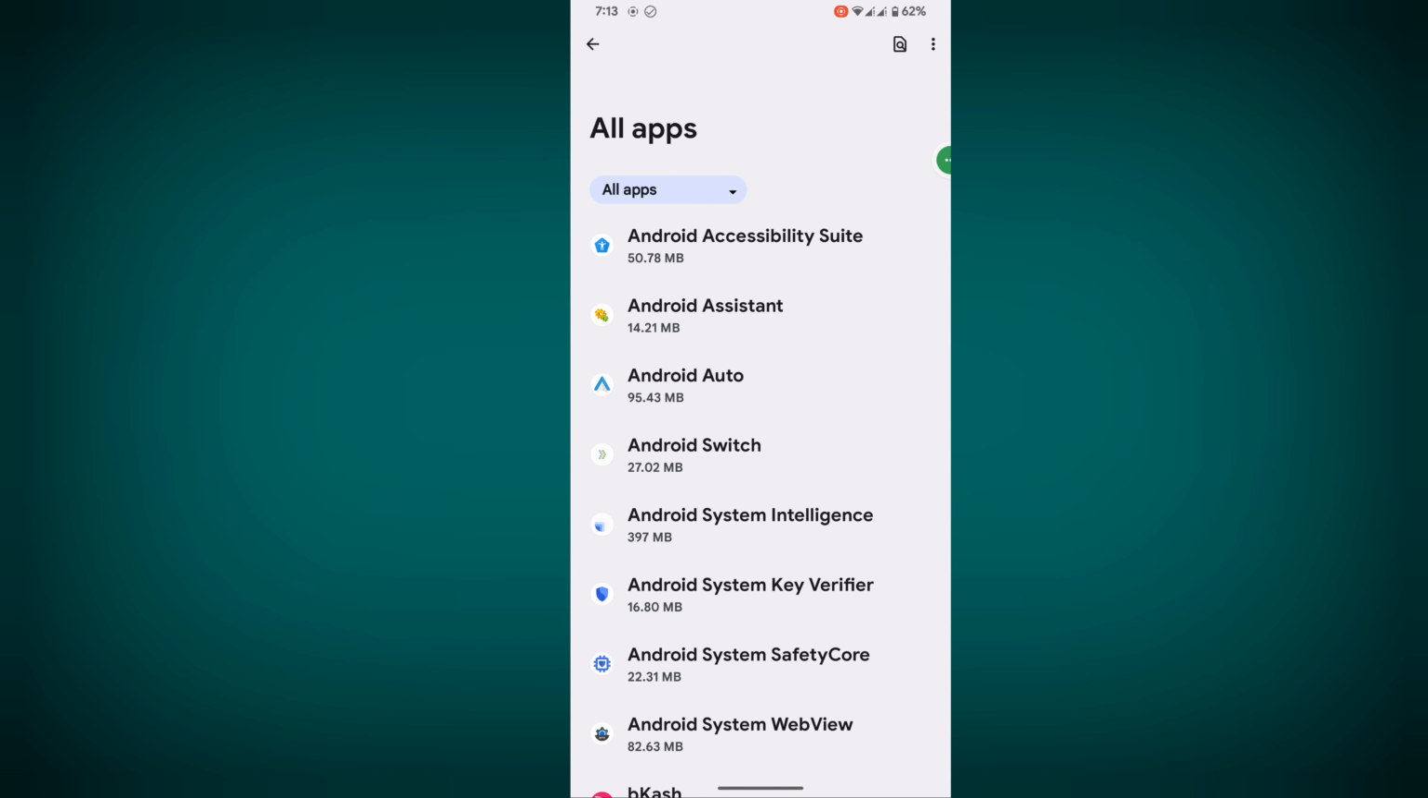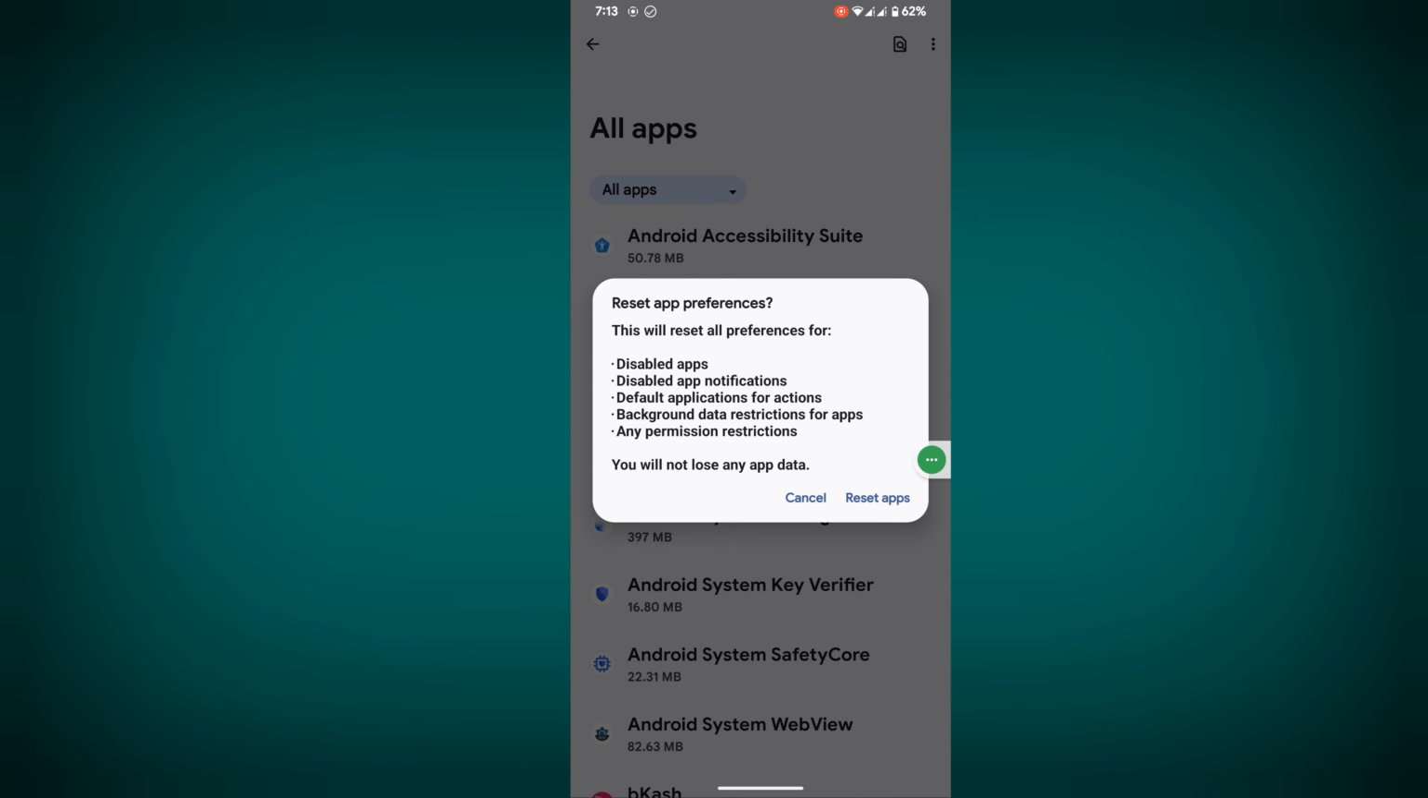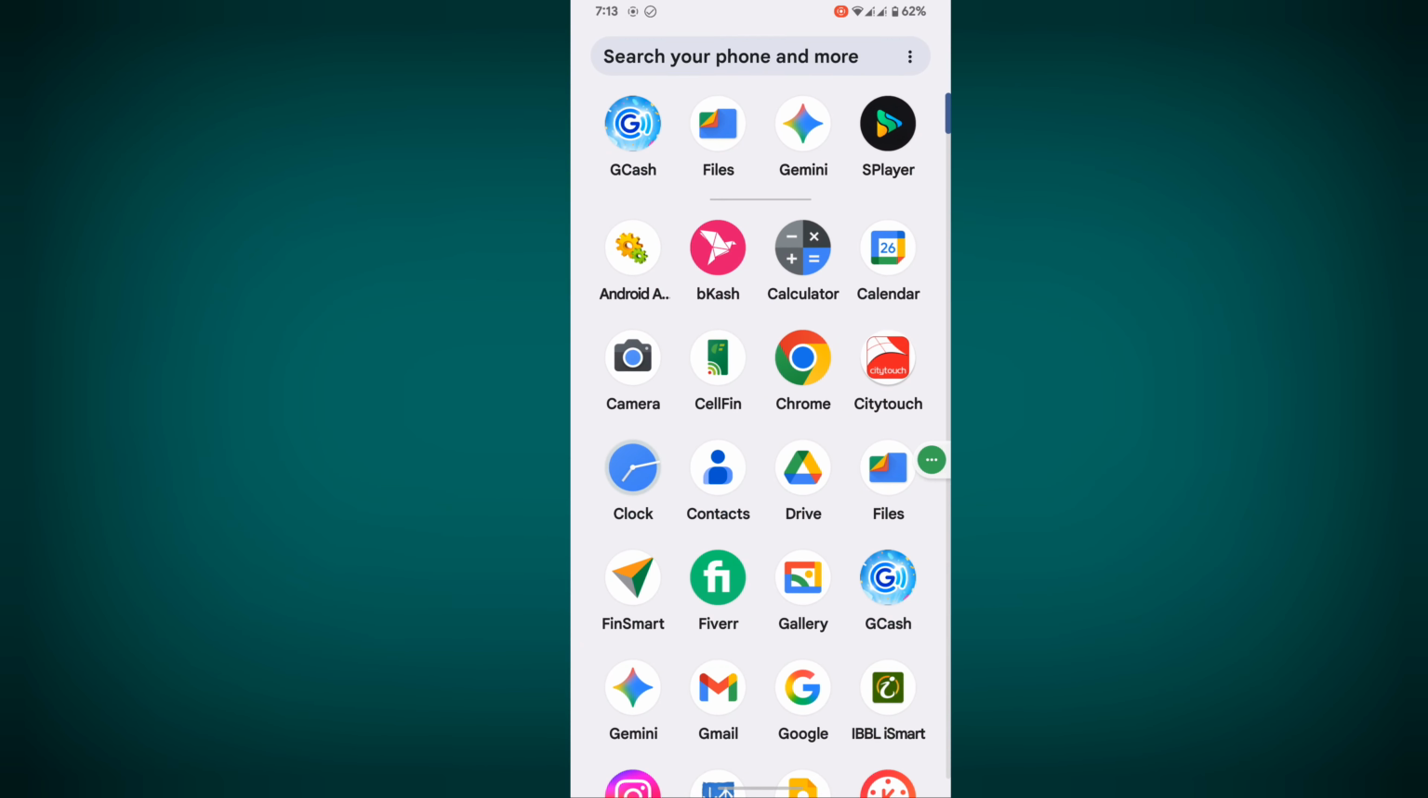Now tap on the three dots. Now tap on reset app preference. Now tap on reset apps. Now open GCash. I hope that GCash opens. If this method is not working,